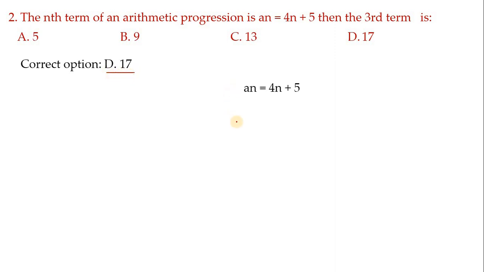So consider the nth term and here we have to find the third term value, hence n value is 3. So wherever n is there, in that place you substitute 3, children. Means here substitute 3. So we will get 4 into 3 plus 5. For the next step, multiply these two. 4 3s are 12. Remaining write as it is. So 12 plus 5 is 17. Therefore an is equal to 17. So our answer is D.